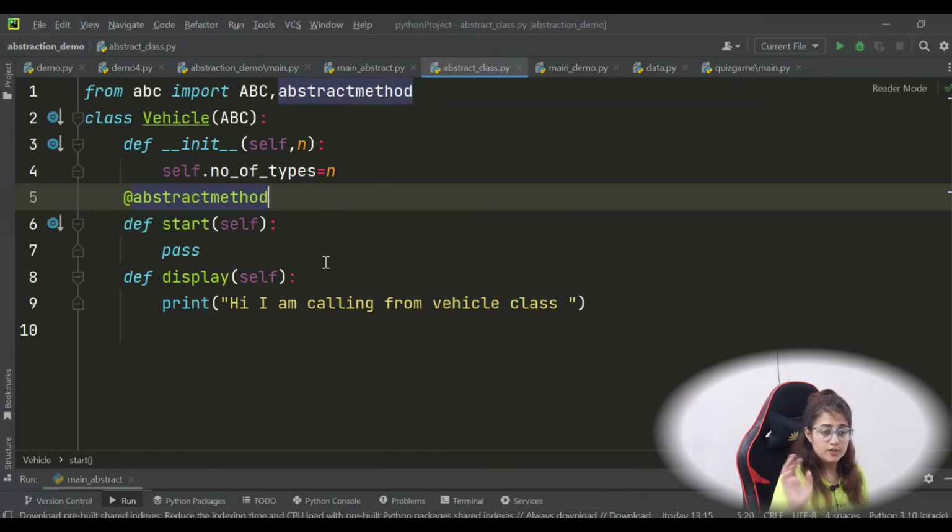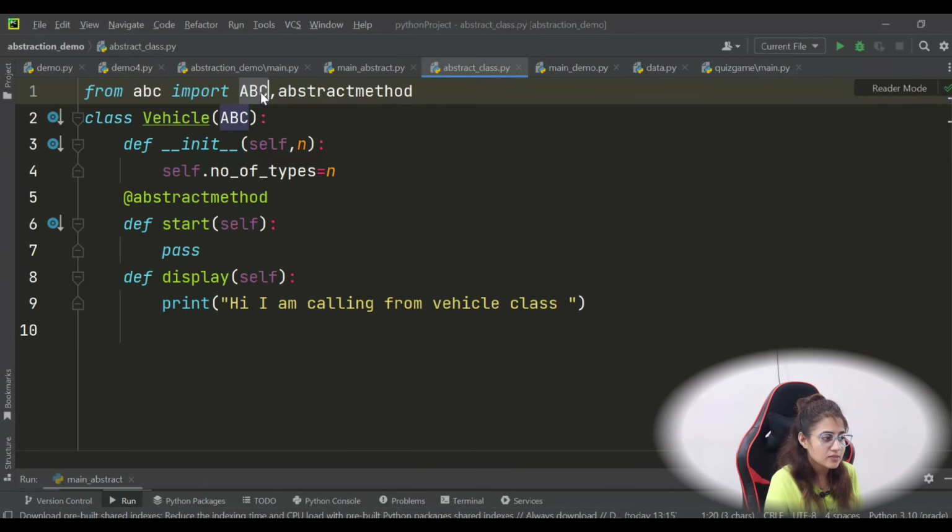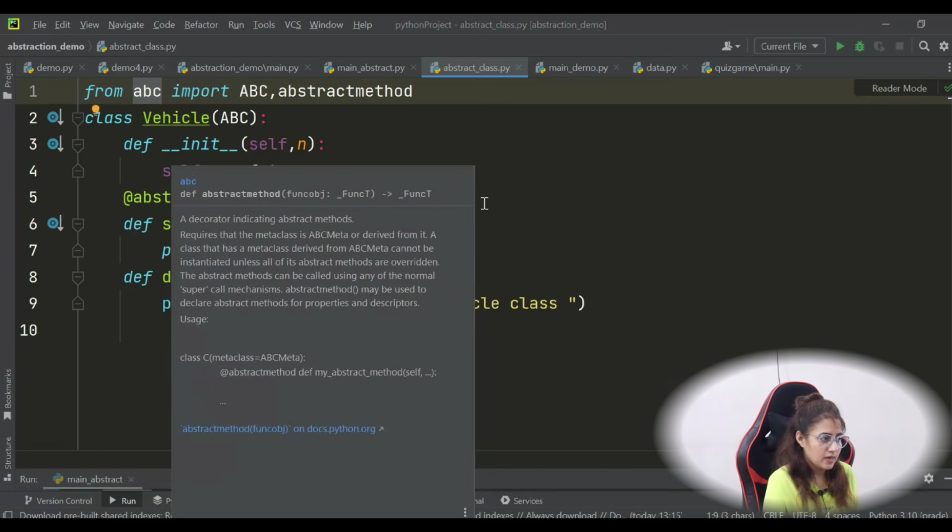Fine. So in brief, if I say what is an abstract class, a class having one or more abstract methods is known as an abstract class. And an abstract class cannot be instantiated. No object can be created from an abstract class, right? An abstract class can have abstract methods as well as normal methods, or you can say concrete methods, right? We can say a class derived from the ABC class, which belongs to the ABC module, is known as an abstract class,